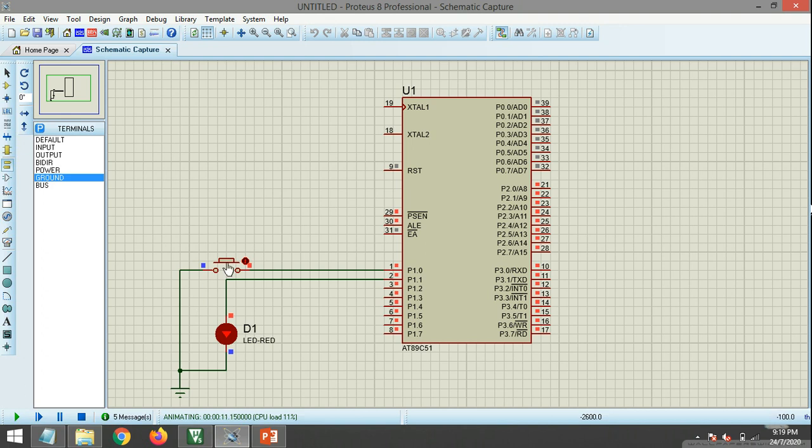Now when I close this push button, everything will be grounded. This line will be grounded, and we should be getting 0 here. And the code, since it is reading port 1.0, it should send 0 to port 1.1, which should turn off this LED. So let's check. Yes. So the LED is off. It means the code is working fine. On, off, on, off, on, off. Okay.